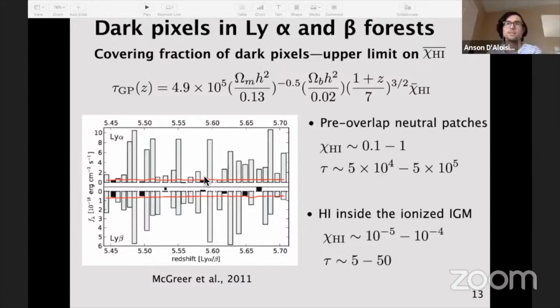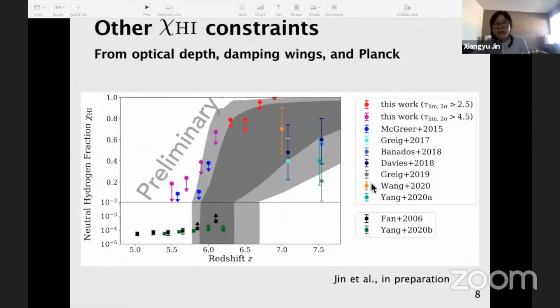Okay, so the next question is, in McGreer 2015, they used negative pixels to estimate the dark fraction. Have you checked whether that makes a difference to your limits? We tried this a little bit, but when we use this 2 sigma noise level, the dark pixel fraction is already pretty close to 1. So when we count the number of pixels with negative fluxes, we might have more than 50% of pixels with negative fluxes. If we double that fraction, it would give a fraction more than 1. So I don't think it's very physical.